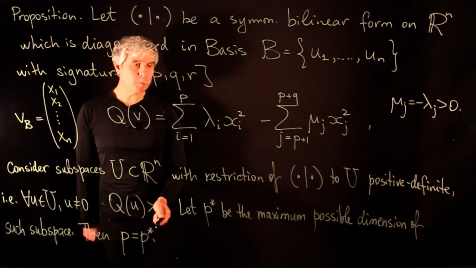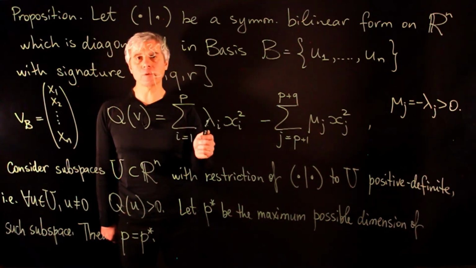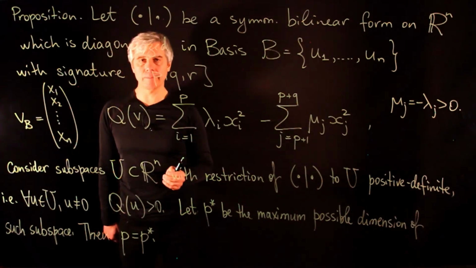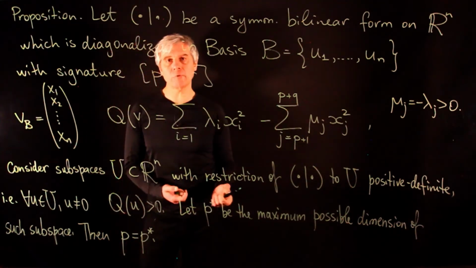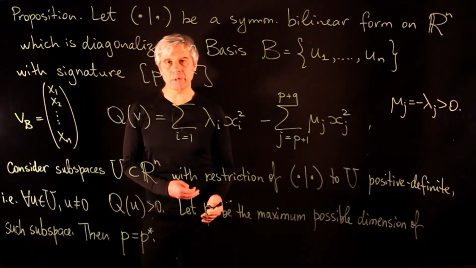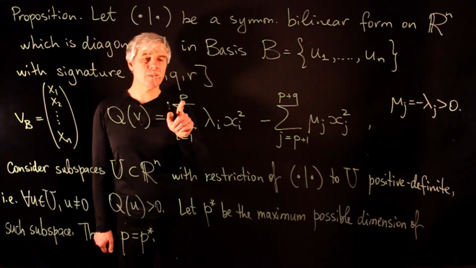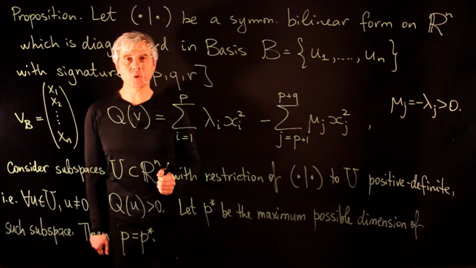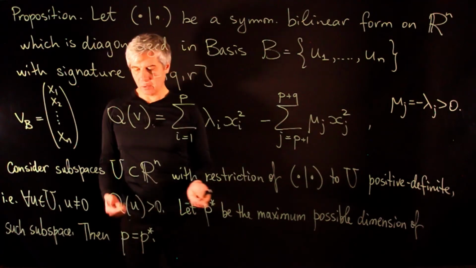That is, the value of P star is equal to the number of positive eigenvalues in a given diagonalization of the matrix of the bilinear form. We point out that P star is defined purely in terms of the bilinear form and not in terms of a particular choice of a basis or a matrix. Then the equality between P and P star means that the number of positive eigenvalues does not depend on the choice of a basis. To show that Q does not depend on the choice of a basis, we could consider